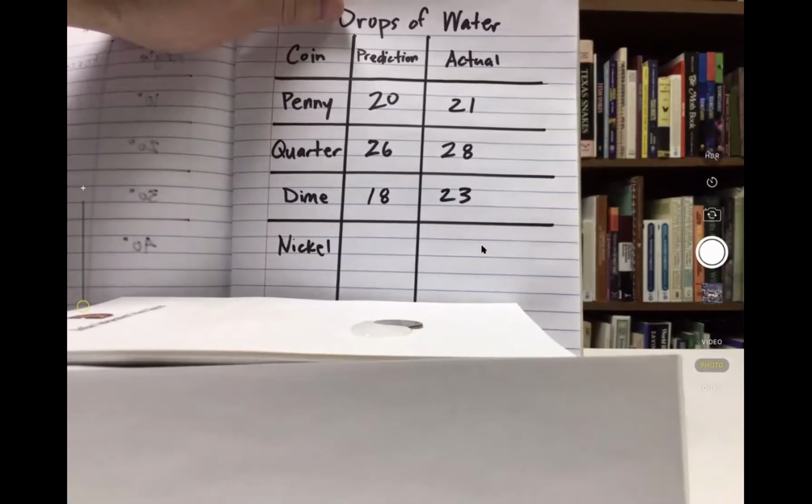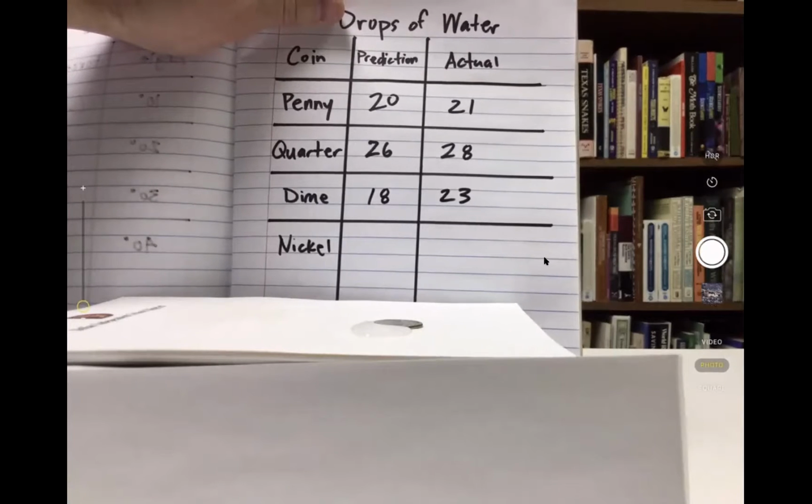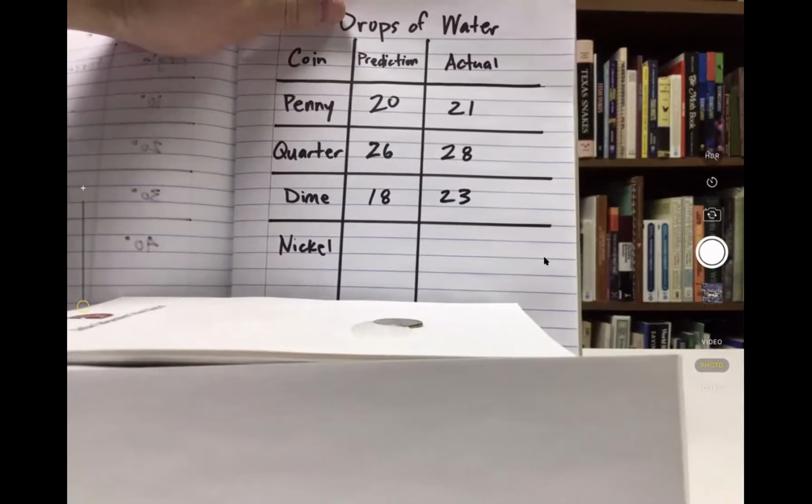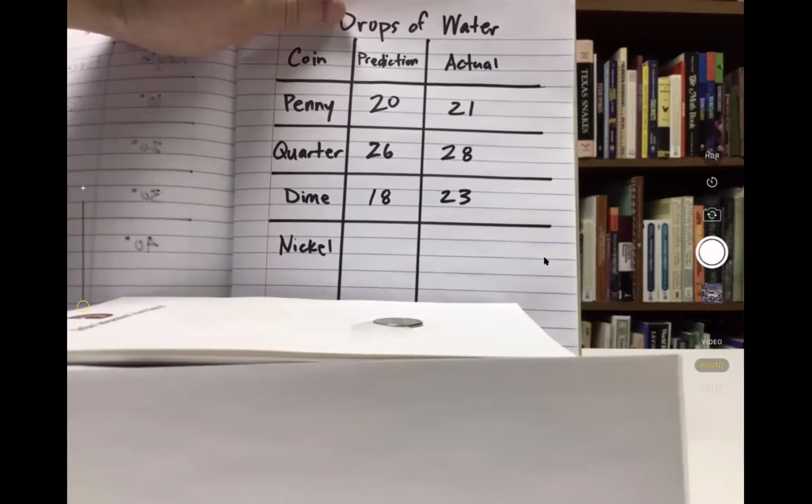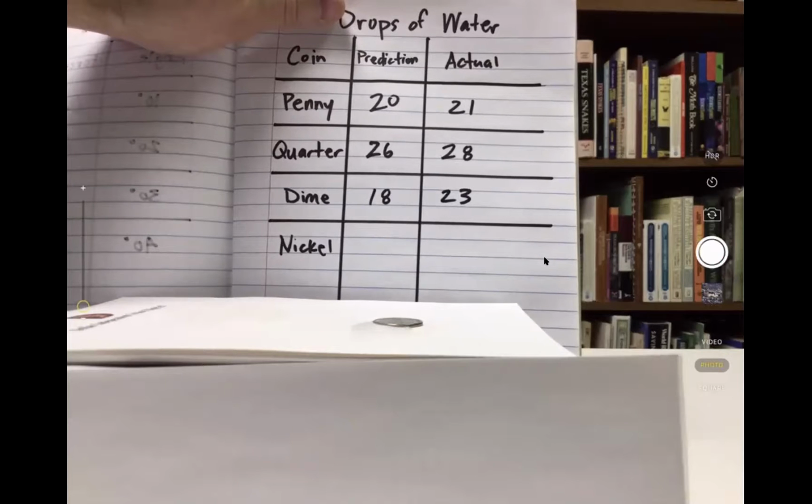One, I'm going to let you do the nickel by yourself. And we know a nickel is bigger than a penny, but smaller than a quarter. So what prediction would you make for that nickel? And then actually try it if you can find a nickel. Another challenge question would be, why did that dime hold more than the penny? And then a third challenge question would be, if I repeated this whole investigation all over again,